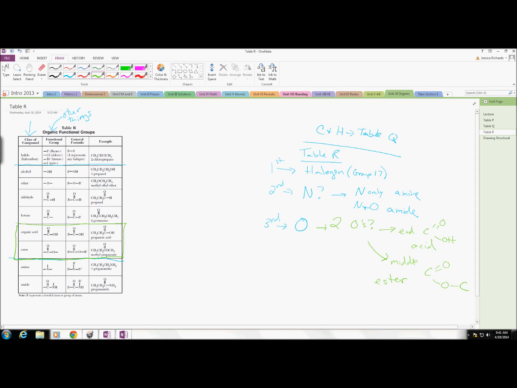Notice, even if you have a hard time figuring out whether it's at the end or in the middle, you've at least narrowed your choices down to a 50-50 guess by noticing that there are two oxygens in your compound. Okay, these guys all have one oxygen. There's 4 of them left. So if we only have one oxygen,